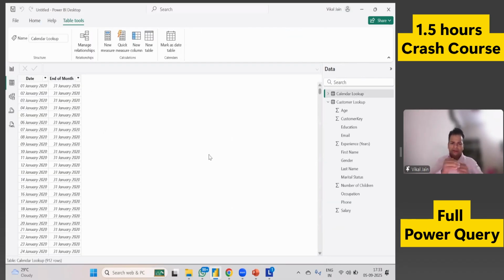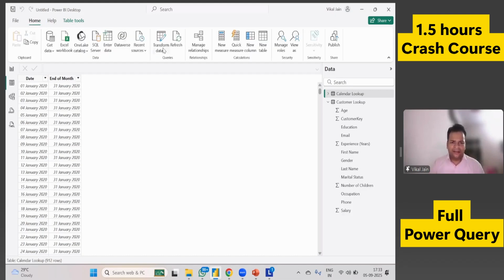Let's say you have already loaded your data in Power BI. Now you want to go back into Power Query. How can you do that? Simply go to the Home tab, and here we have Transform Data. Transform, you can say, is a synonym of Power Query. So whenever we see the word transform, it means Power Query by default. So, transform data,